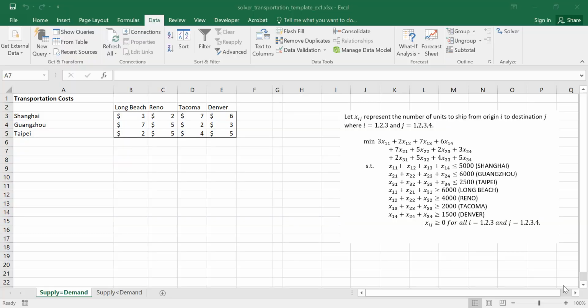In class, we developed a linear optimization model for the transportation problem. We defined our decision variables as xij to represent the number of units to ship from origin i to destination j, where we had 3 origins, Shanghai, Guangzhou, and Taipei, and 4 destinations, Long Beach, Reno, Tacoma, and Denver. We then defined our objective function to minimize the total transportation costs,